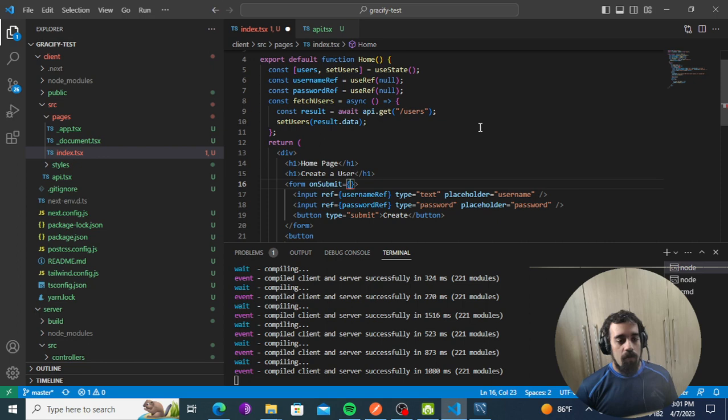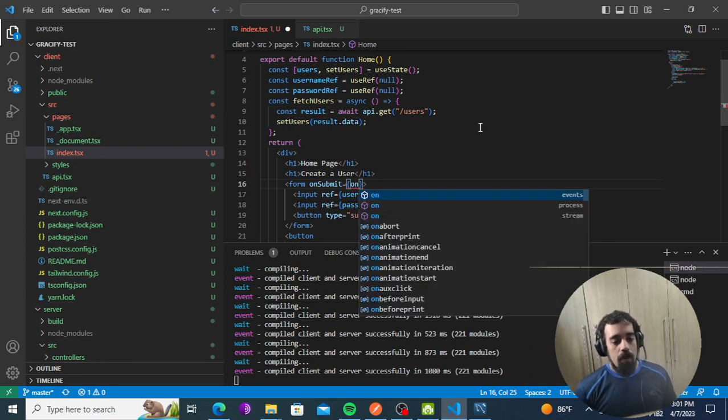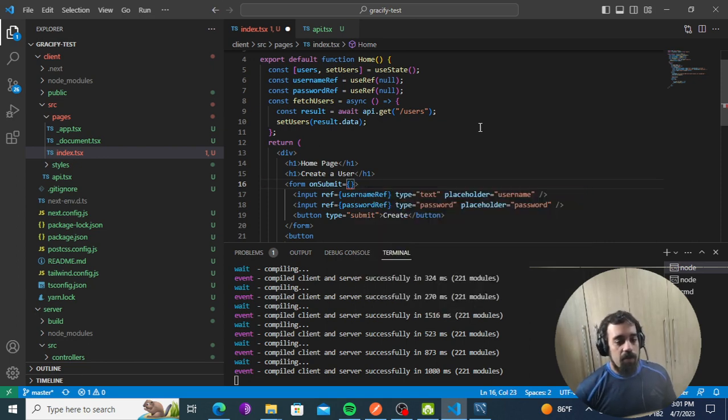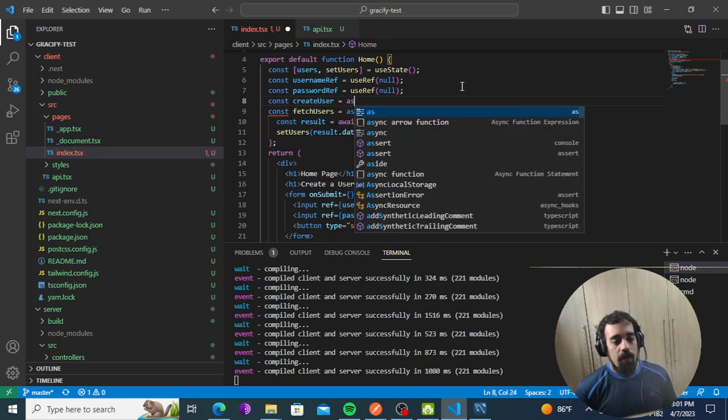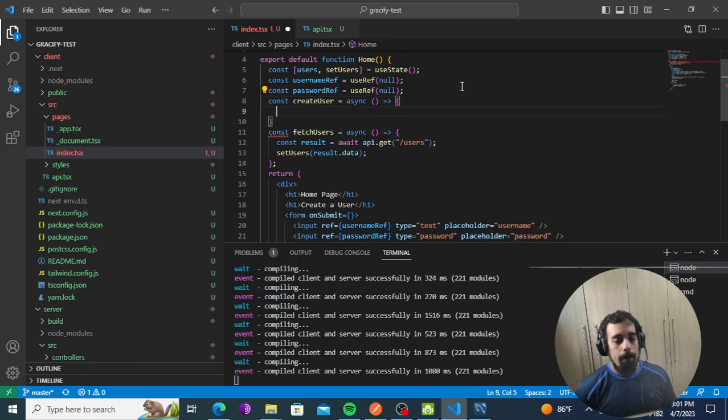So it calls the function I can create here, maybe createUser. Okay, async, and then let's see. So I get here const result equals await